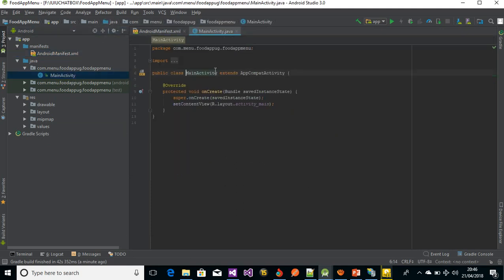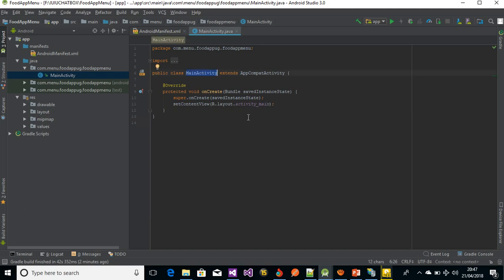Okay, this is the main activity which we are going to be playing around with. When you look at this main activity, we have public class MainActivity extends AppCompatActivity. In this class, we have this method called onCreate. The onCreate method allows us to set our screen, let us call it a screen or our form, which is going to be visible on the mobile app. The screen which is going to be visible on the mobile app is set from here, setContentView. Content view means the content which is going to be set on the screen held by this class,